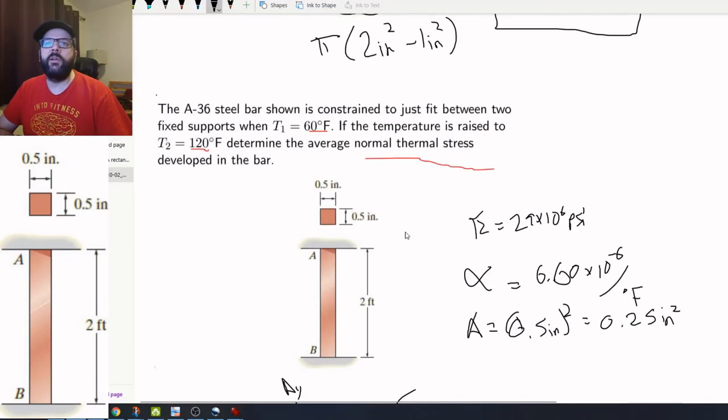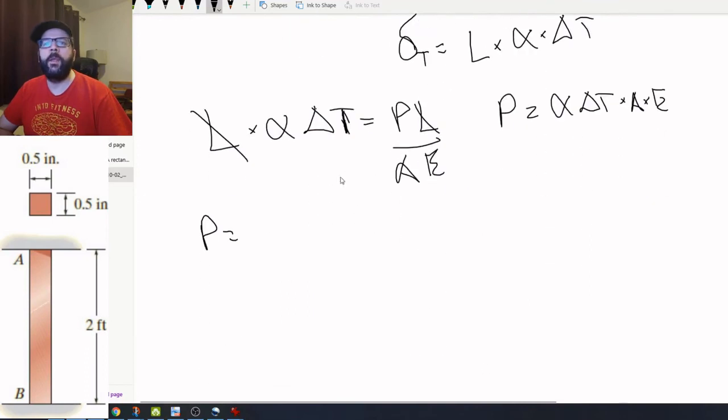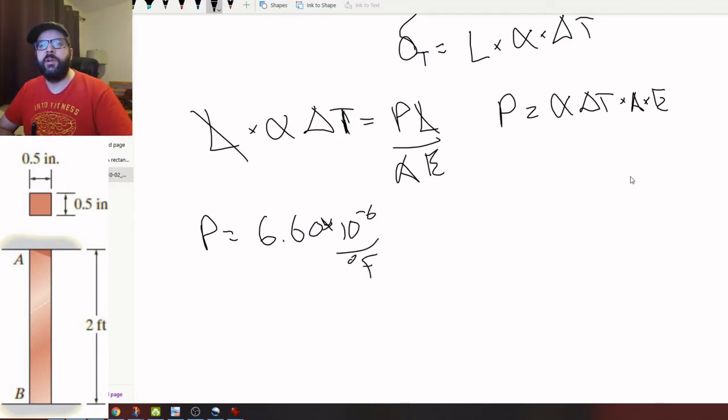Our delta T is going to be 60 degrees Fahrenheit. It goes from 60 to 120. And that's about it. So our alpha is 6.60 times 10 to the negative 6 per degree Fahrenheit. Our delta T was 60 degrees Fahrenheit. So we'll just cancel out those units as we go. So now we got our strain